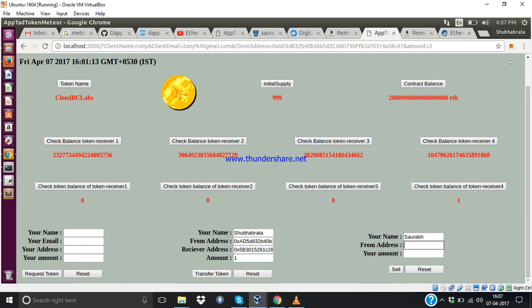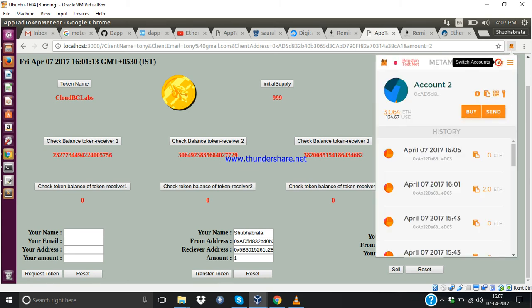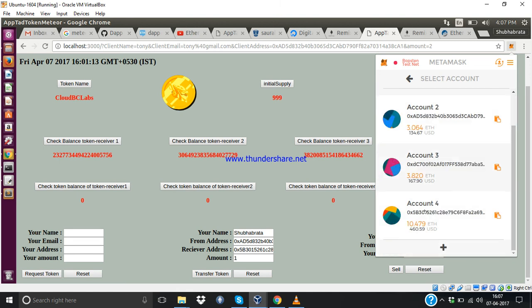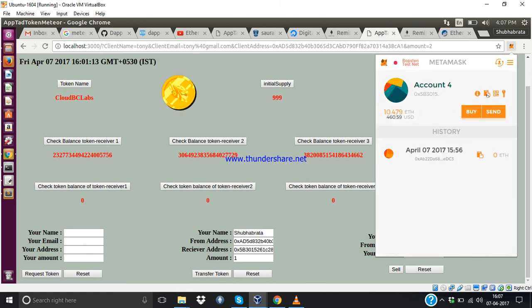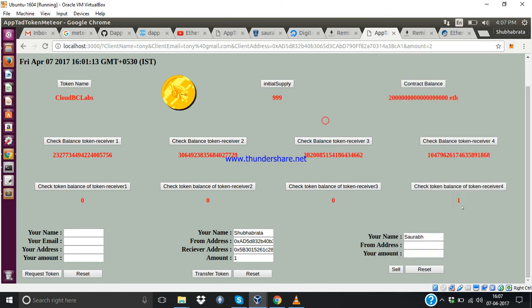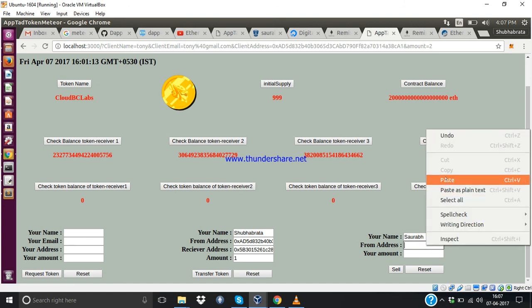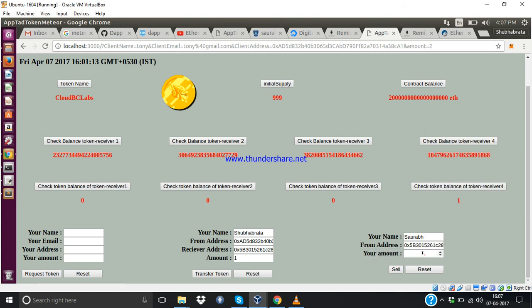The from address should be from which account we want to send. So this should be the address of account number 4. So now let's go to account number 4 and copy the address. This is account number 4, and let me copy it. Now paste it, and how much I want to sell, I am giving the value 1. Now click the button,